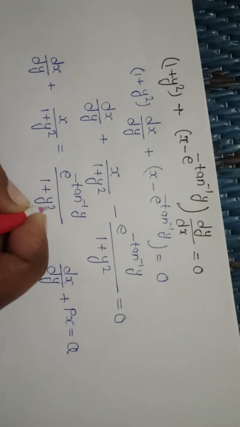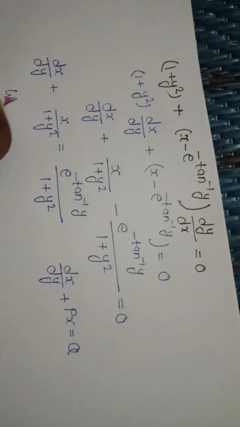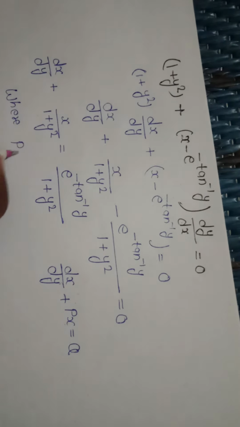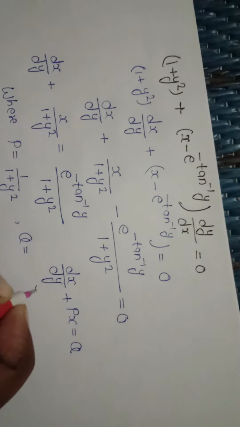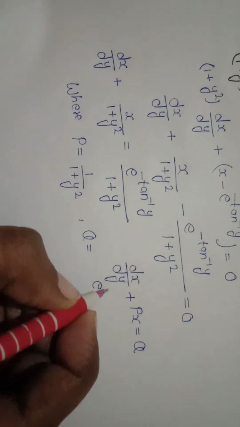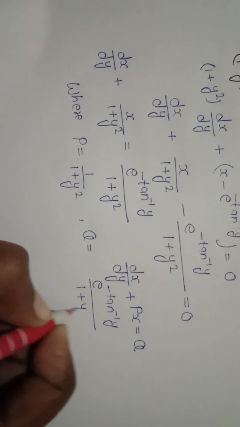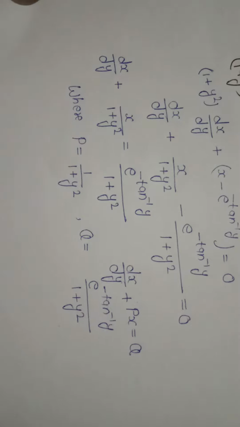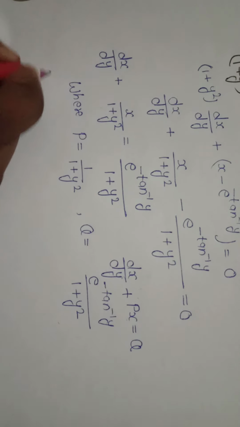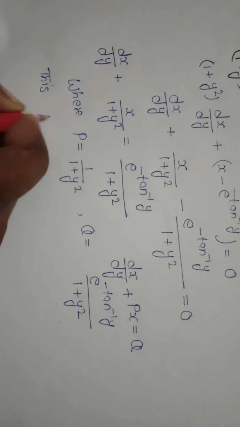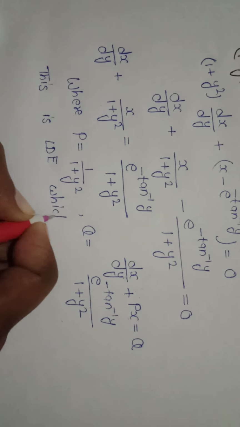Now you can see this differential equation is converted into this standard form where p is equal to 1 upon (1 plus y square) and q is equal to e raised to power minus tan inverse y upon (1 plus y square). Now how to write the solution for this? Firstly, this is reduced into the standard form. So this is an LDE, that is linear differential equation, which is linear in x.